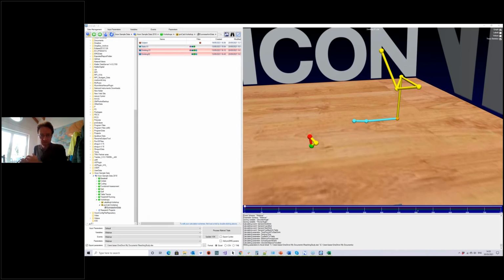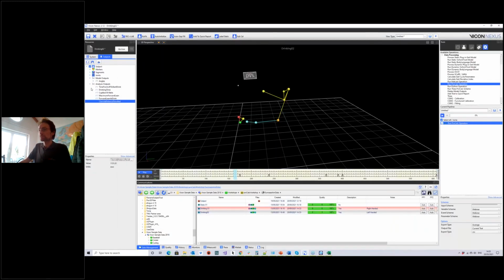Can we also export the other output parameters to C3D files, like temporal spatial parameters, for displaying in Polygon? Yes, so what happens here is that these parameters end up under analysis outputs. If you have, clearly, time from lift to start drink, that is a temporal parameter. If I save this trial like so,